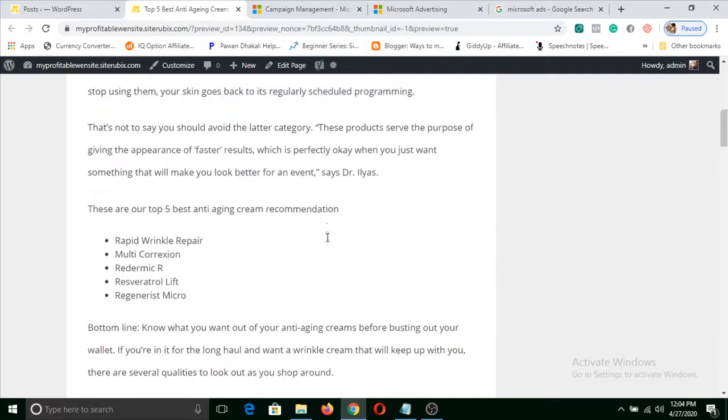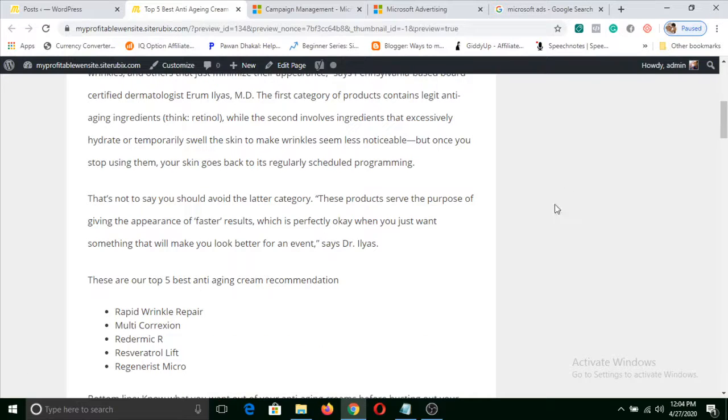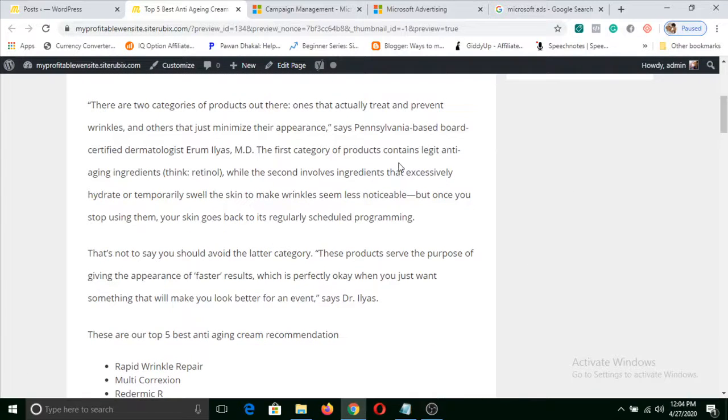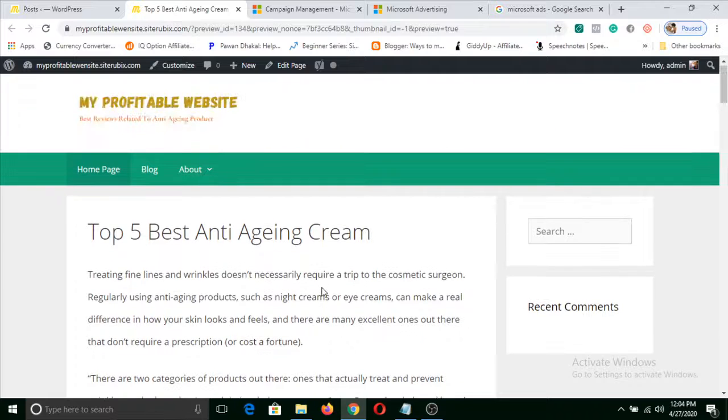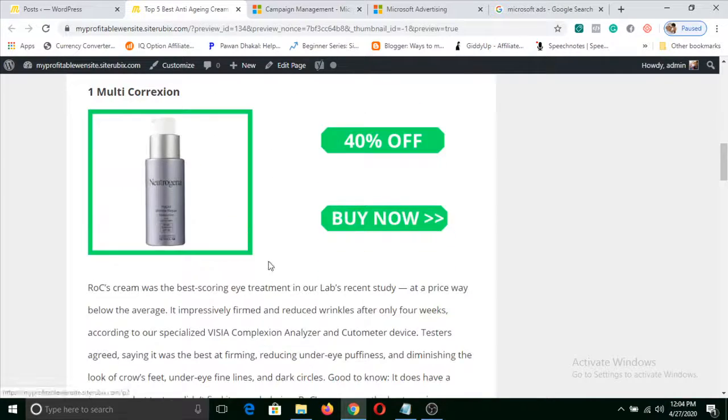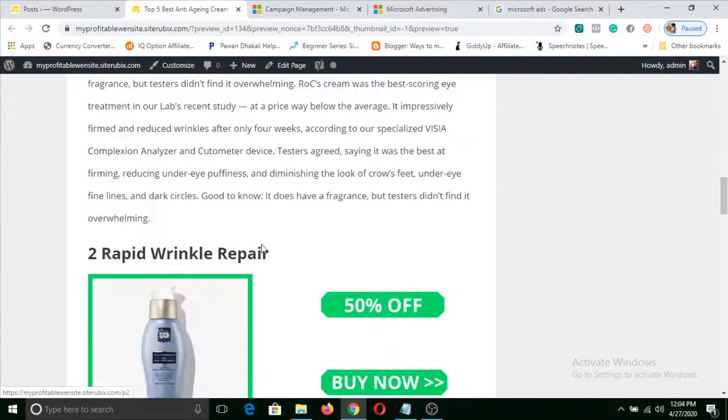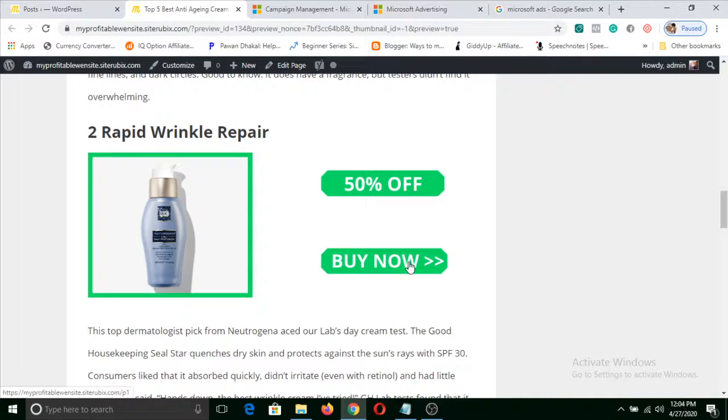And then we'll also add some external links, and in that way we are planning for long term success, which will give us earnings in the future even if we don't run paid ads. So in the next lesson we'll talk about five other posts related to individual product reviews, and then we'll talk about internal linking and external linking.